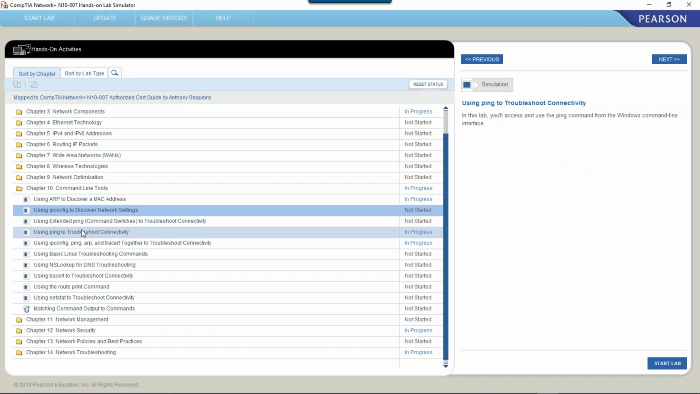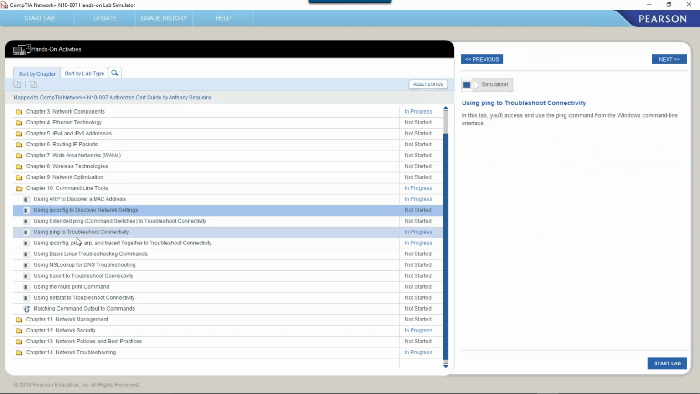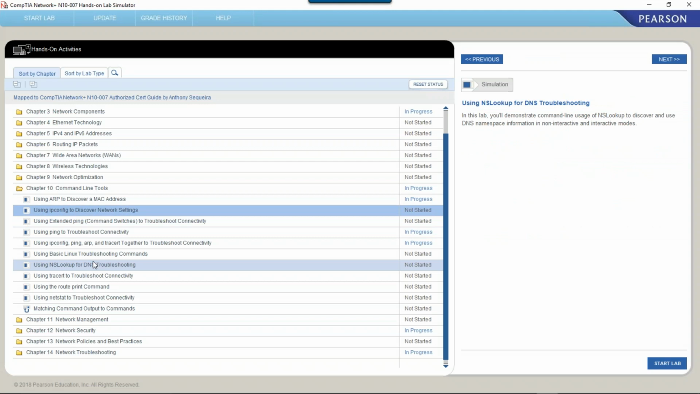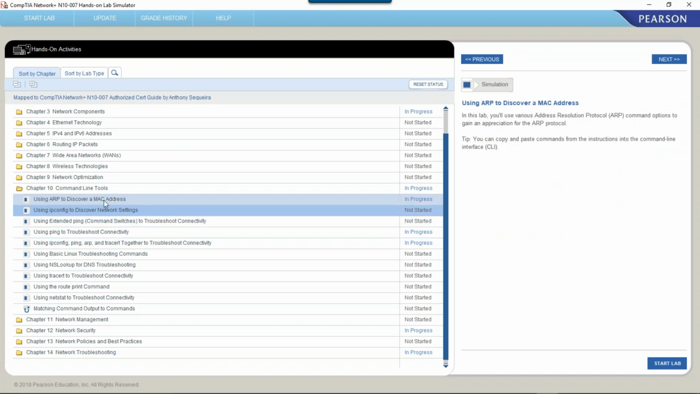Okay, yeah, that looks like exactly what I'm looking for. You have RPeer, IP config, NS lookup, trace route. So it's going to give you a decent list of the stuff that you really need to be worried about for the 1002. But just don't get too hung up on command line, because for the 1002 you've got to remember